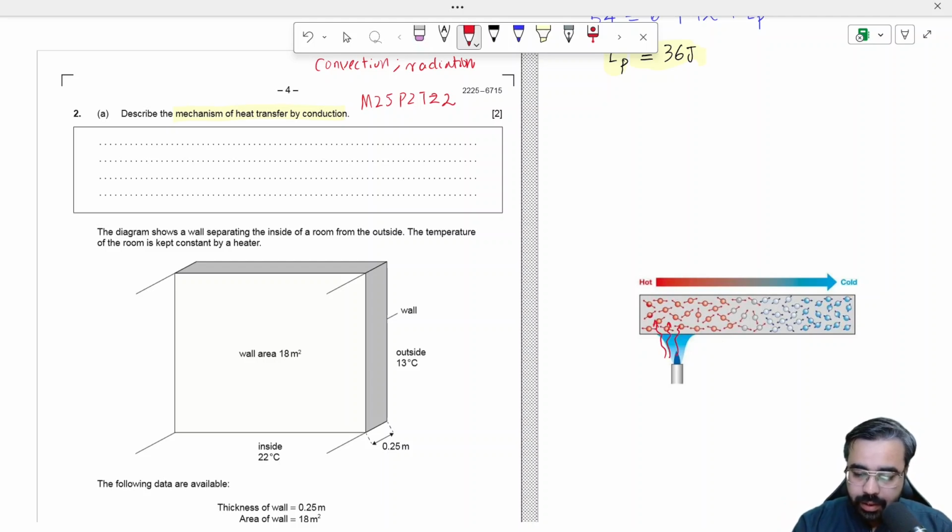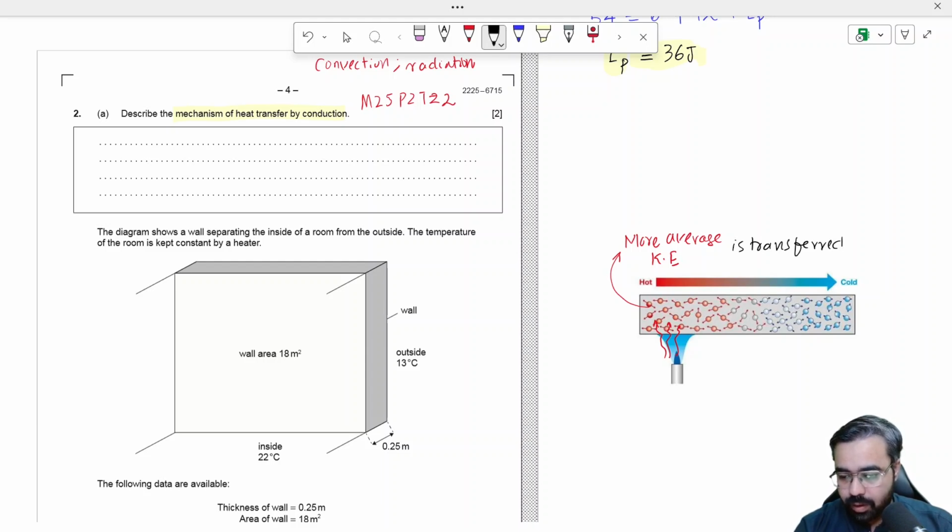Now how is this thermal energy transferred across the rod? It possesses more kinetic energy, so I can say average kinetic energy, and you know that temperature is actually the measure of average kinetic energy of the particles microscopically. So this kinetic energy is transferred from these particles to the neighboring particles which are relatively colder, which have a lower temperature. So it means that this is transferred due to collision